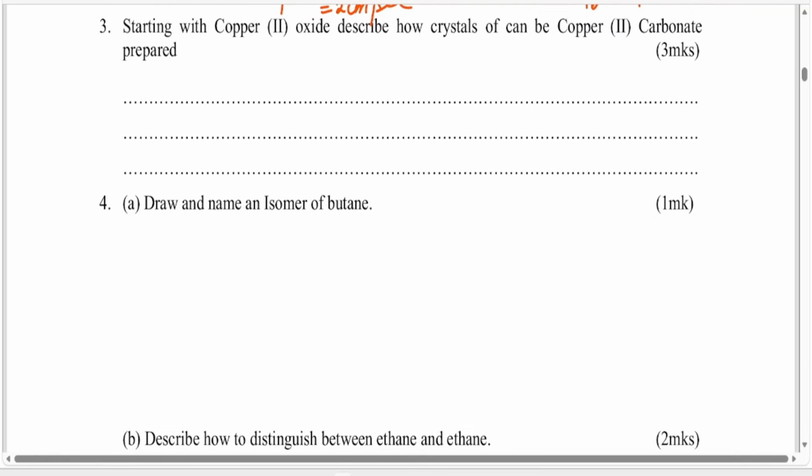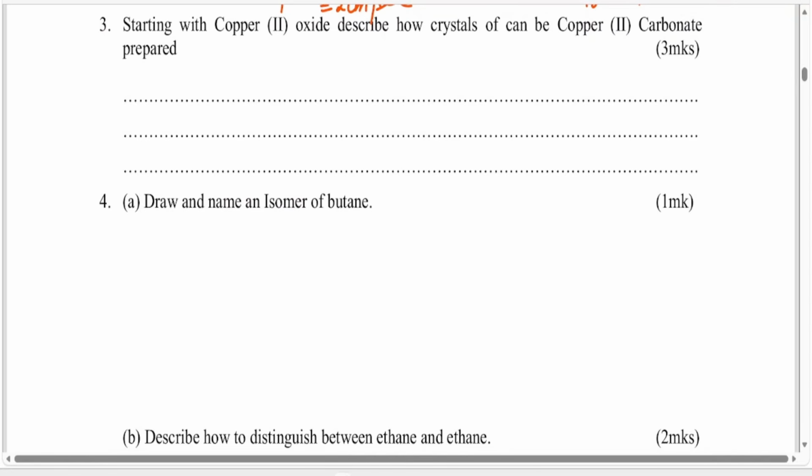Starting with copper 2 oxide, describe how crystals of copper 2 carbonate can be prepared in the laboratory. So take note of this typing error. So how do we prepare crystals of copper 2 carbonate by starting with copper 2 oxide? So learners, this is salt preparation in form 2. So we begin by saying that we add excess copper 2 oxide